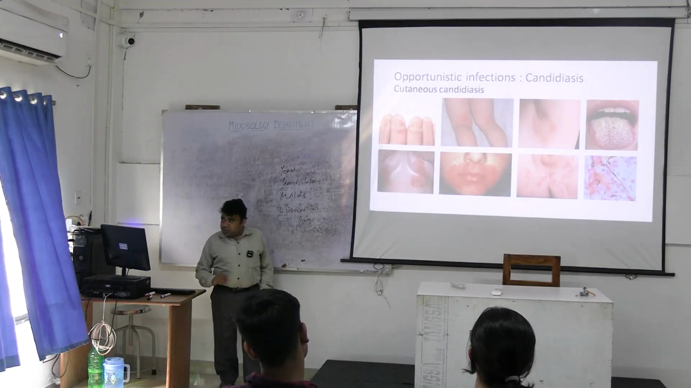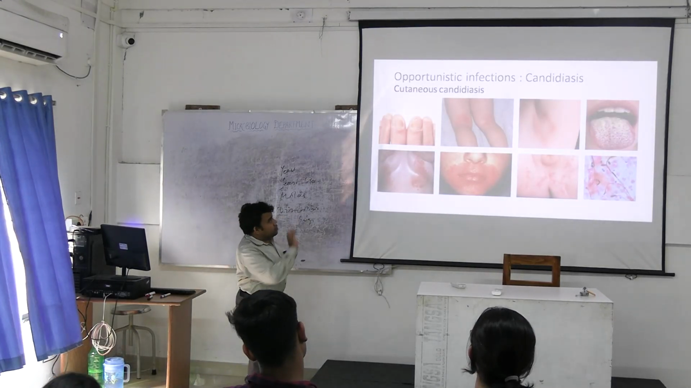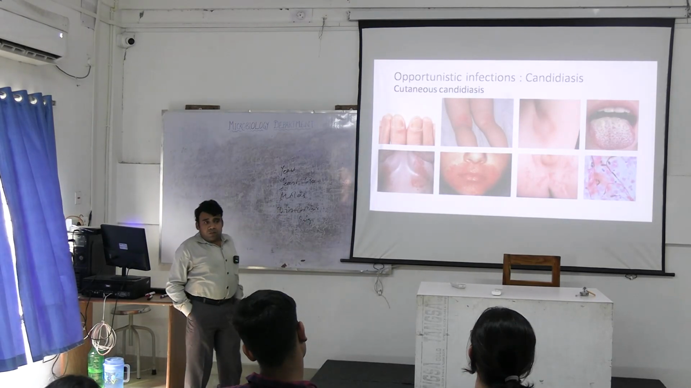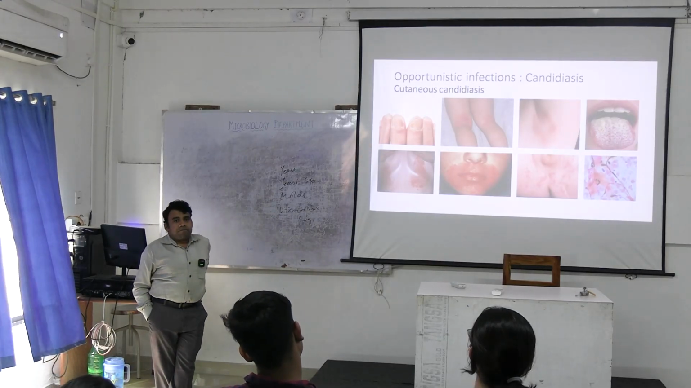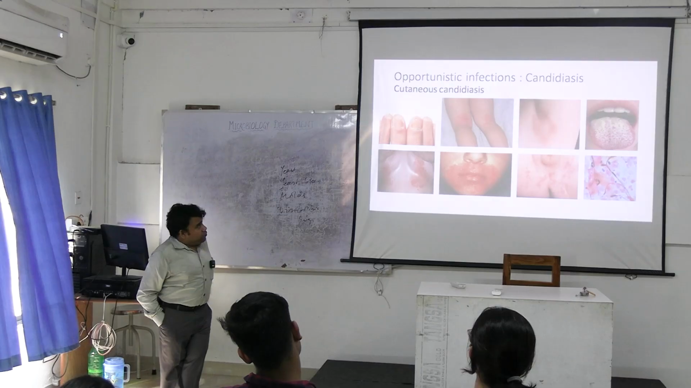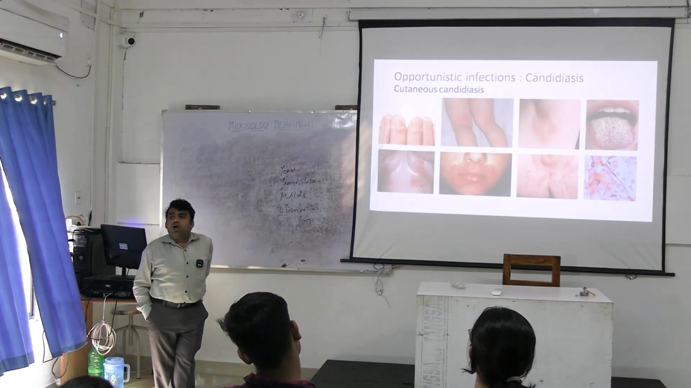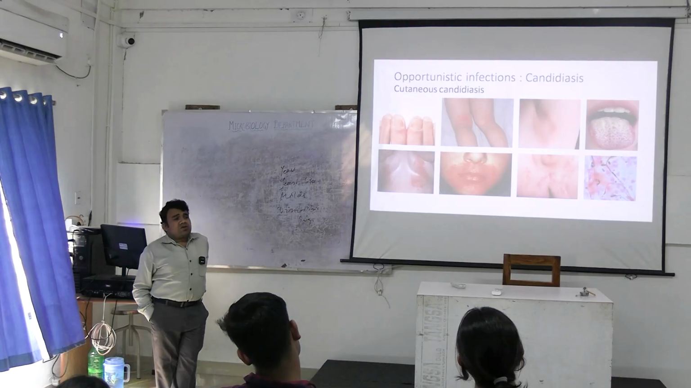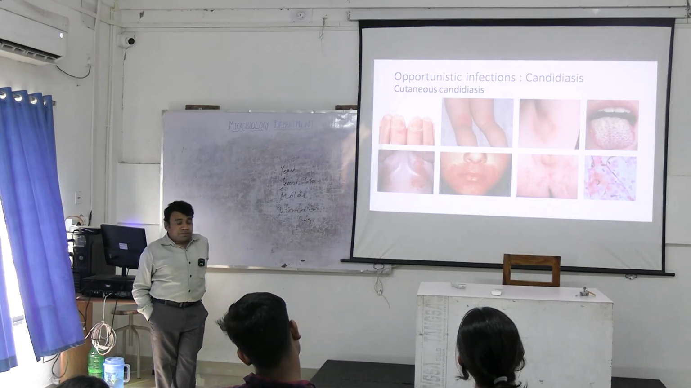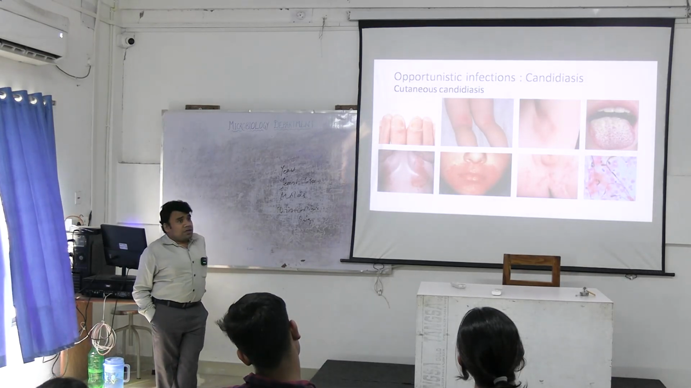Now I'll show you some pictures. Now this is on the left hand side. What does the picture show? If you look very carefully, there is yellowish discoloration of the toenails because of the proliferation of the candida itself. It is called as onychomycosis. The next picture, if you can see,